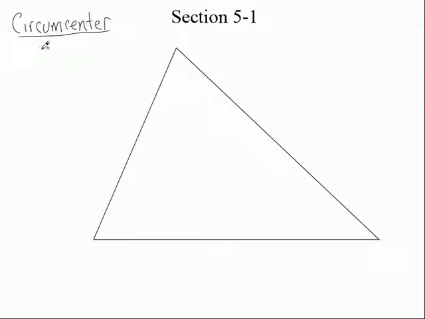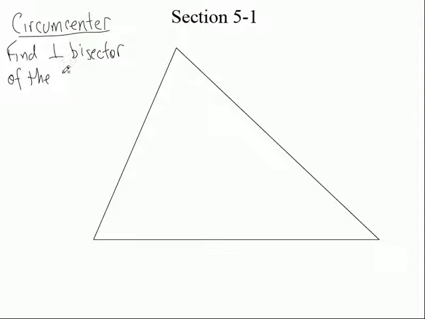But on this one, the circumcenter is a point. It's a point of intersection by three concurrent lines. What does that mean? There are three lines that intersect each other at that common point, all right? But in order to find the circumcenter, what we do is find the perpendicular bisector of all three sides